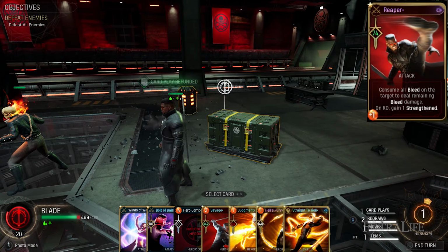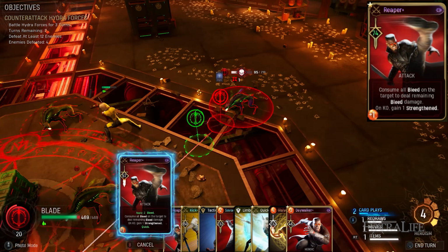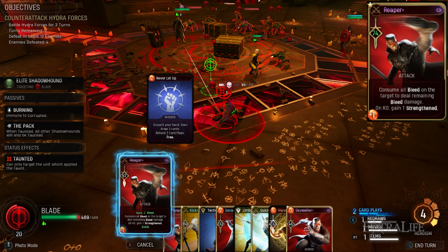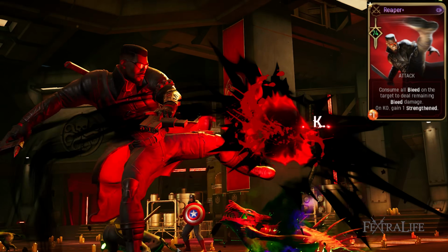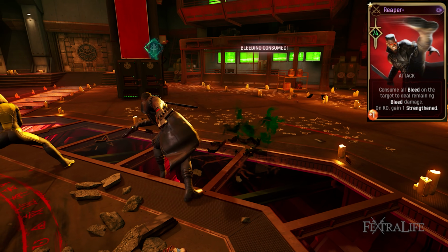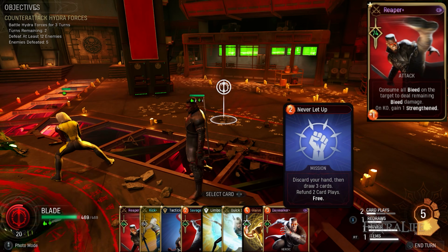Consuming all that in one attack almost always kills an enemy, no matter how tough they are. And obviously more stacks is better. And if you want to get real nasty, if you have Make 'em Bleed played and then you play Daywalker, you can actually hit one enemy many times in a row with Daywalker to stack even more bleed up on them, get up to like 10 stacks, and then hit with this and you can wipe out like 1,000 damage